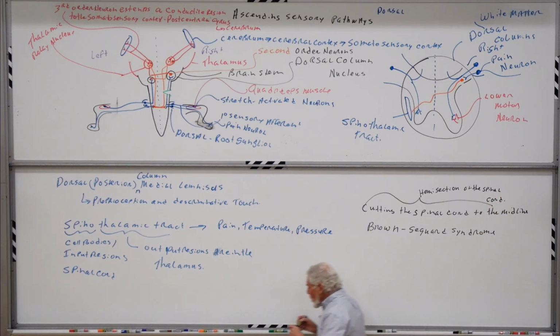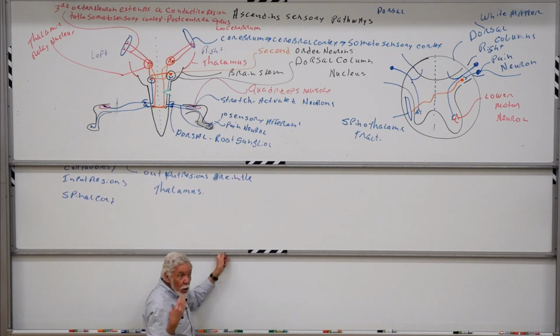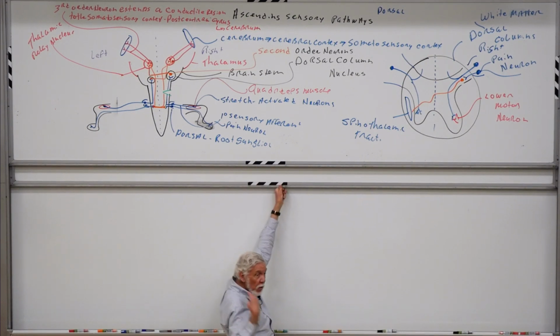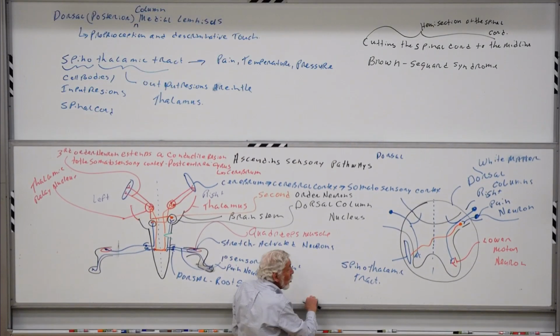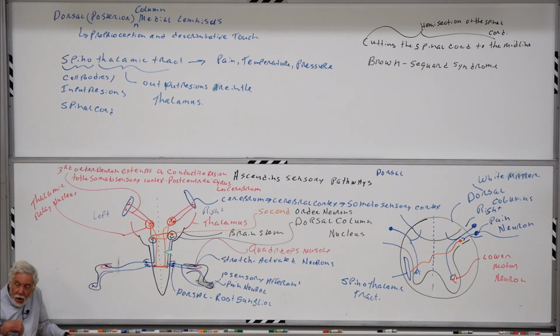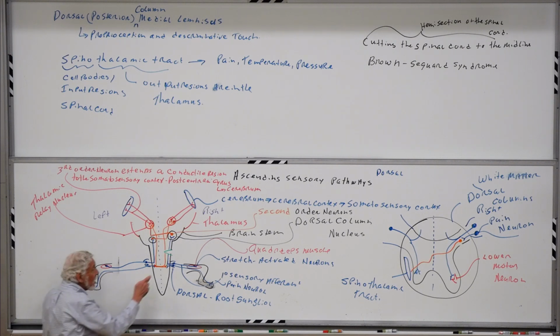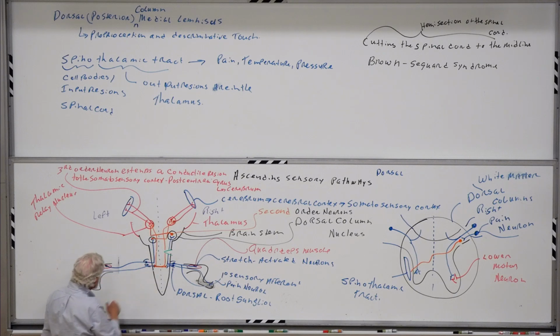Now, I want to go through this not so much so you know what Brown-Séquard syndrome is, but because if you can follow the logic of Brown-Séquard syndrome, you have a really good understanding of how these pathways are carrying information, what information they're carrying, and what crosses over and what doesn't. So let's simply take the case where we have cut the cord here above the site where these primary sensory afferents enter the cord, but we only cut it halfway across. So now,